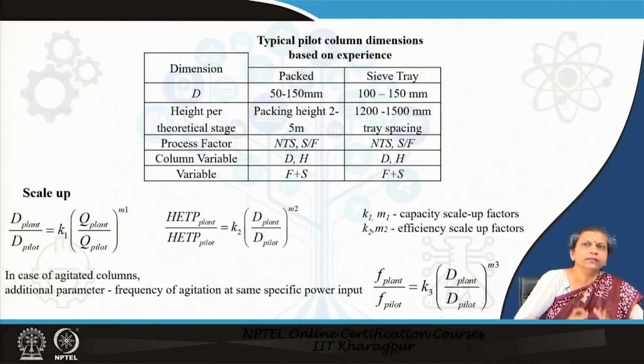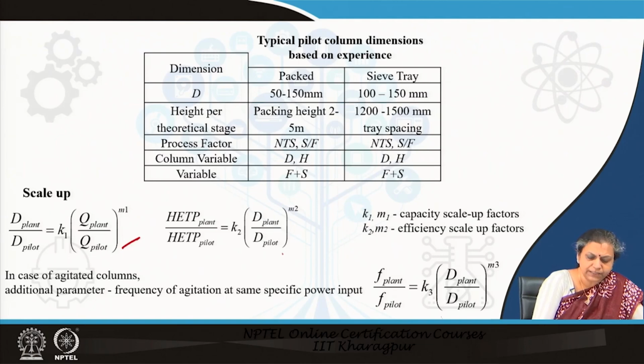So, therefore, accordingly the diameter and the HETP of the plant have to be decided, or in other words diameter and the column length. So, these two are the parameters which have to be decided based on the pilot plant data. And therefore, normally these are the two equations which are used, where K1, M1 are decided based on the particular contactor that you are selecting. K1 and M1 naturally refer to the capacity scale up factors, and these two refer to the efficiency